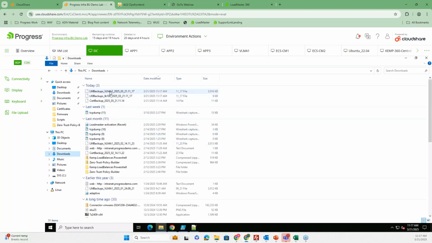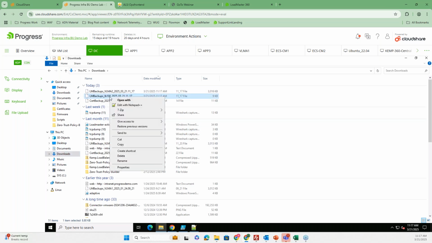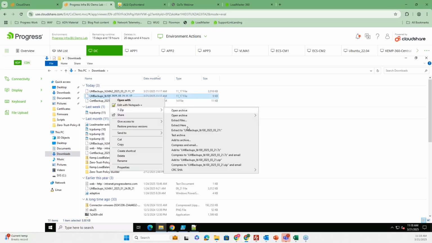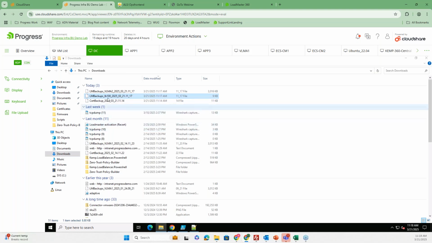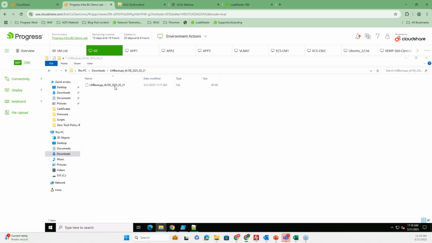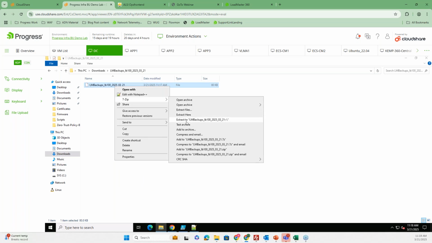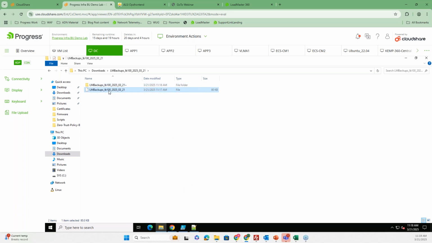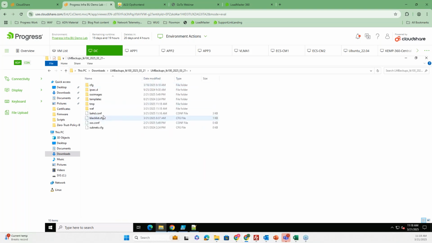First I unzip the backup of the one machine that I want to merge into my HA pair. I'm opening it twice. There you can see all the pieces in it.